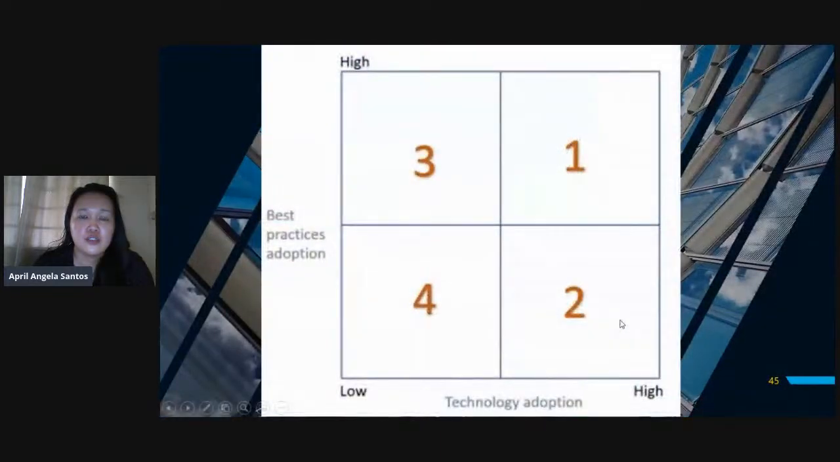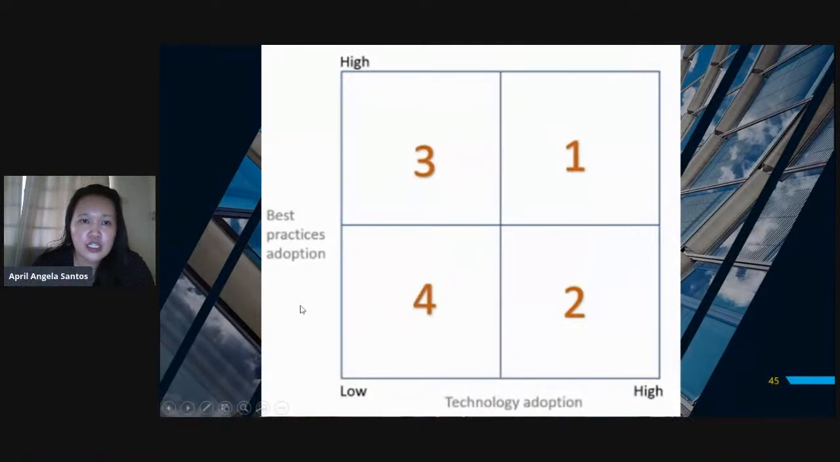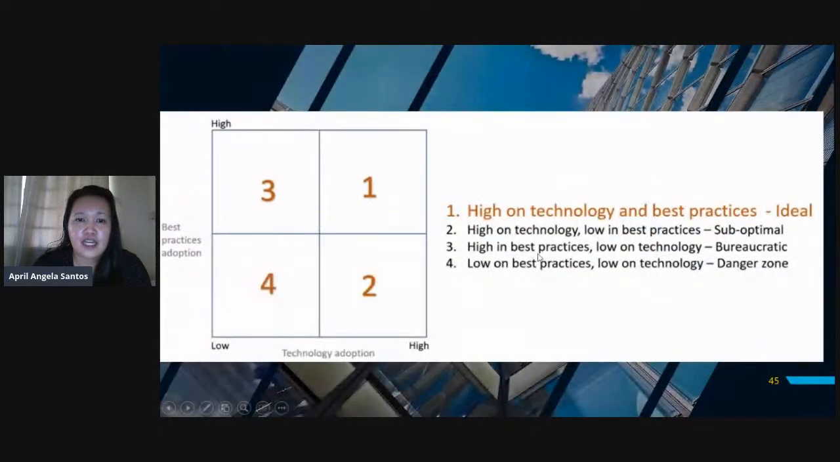Okay. So we also have this matrix for technology adoption. In this axis, we have the best practices adoption. Then here, we have the technology adoption. So ano sa tingin niyo ang quadrant na very ideal for BIM adoption? Of course, ang pinaka-ideal is quadrant number 1, which is high on technology and also high on